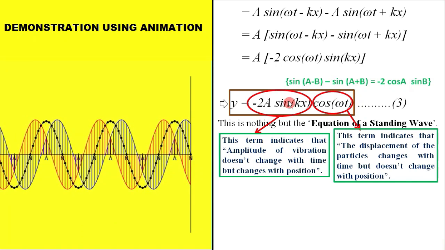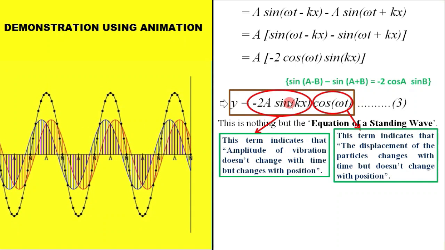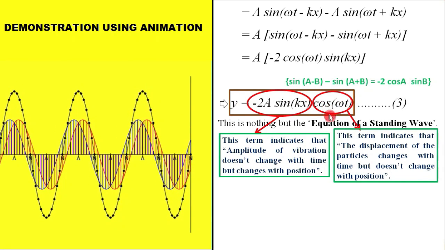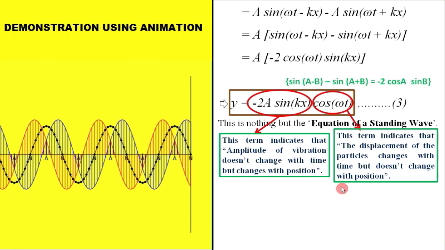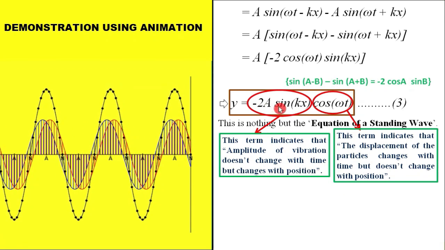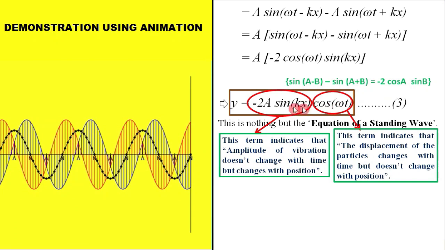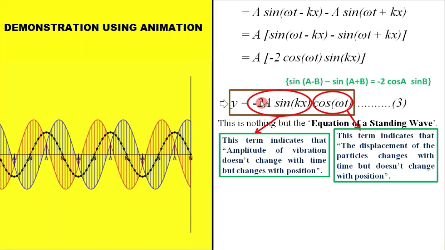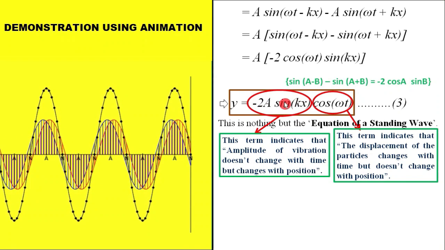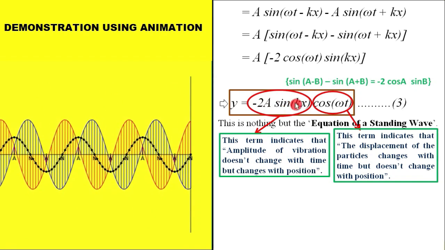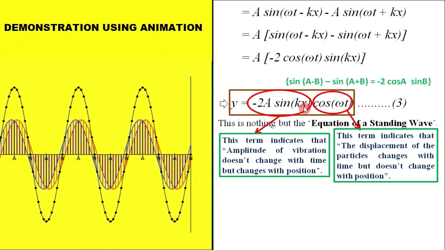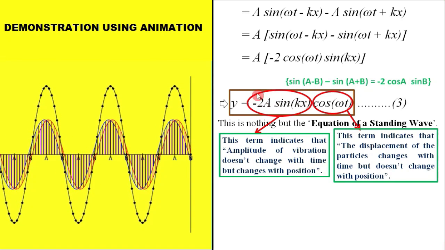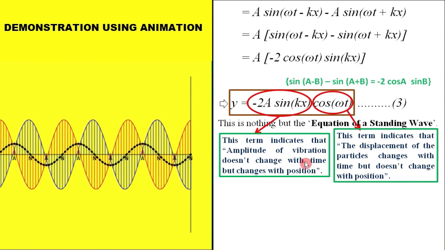Why this is an amplitude I am telling, and what kind of amplitude it is. This equation is also not representing a particular oscillation, because in an oscillation, if it is like 2a cos omega t or minus 2a cos omega t, then it will be an equation of oscillation. But here you can see clearly, minus 2a sin kx means this amplitude part does not vary with time but varies with distance. You can see x here. Is it clear? So this thing is the amplitude of the standing wave. Okay, I have written it here.